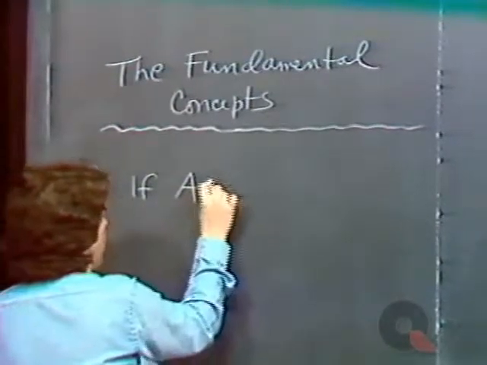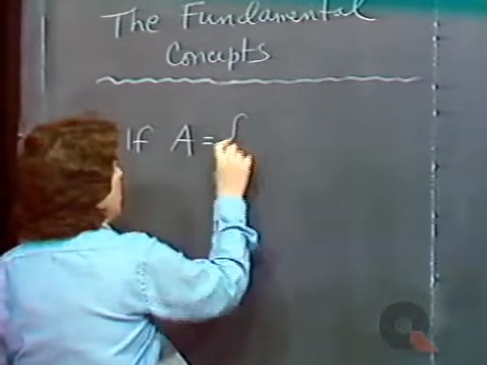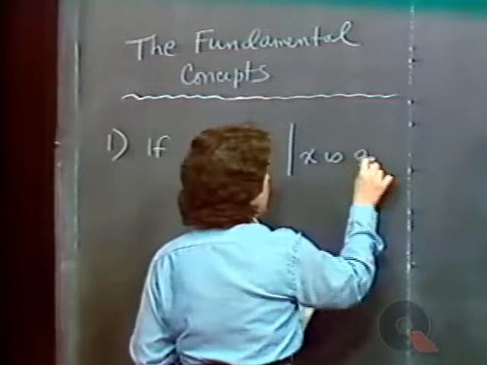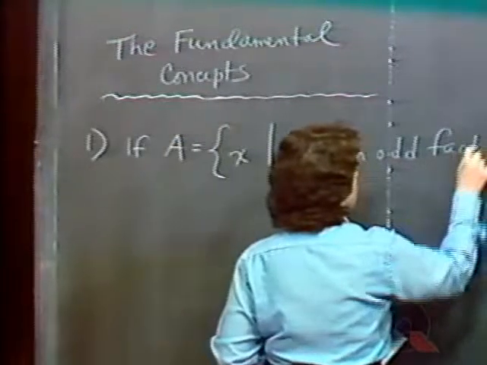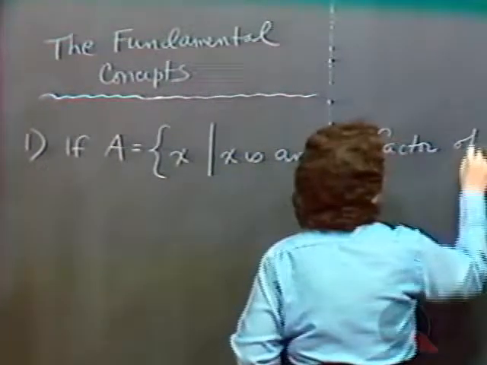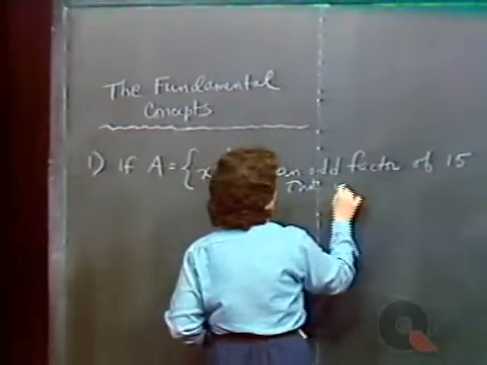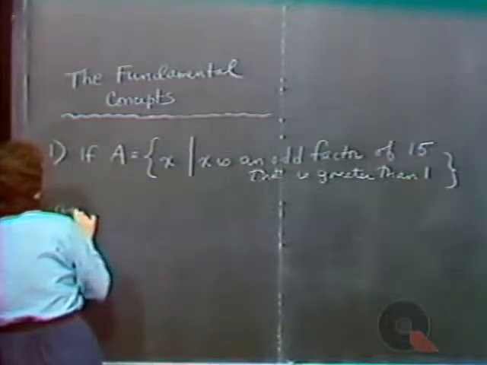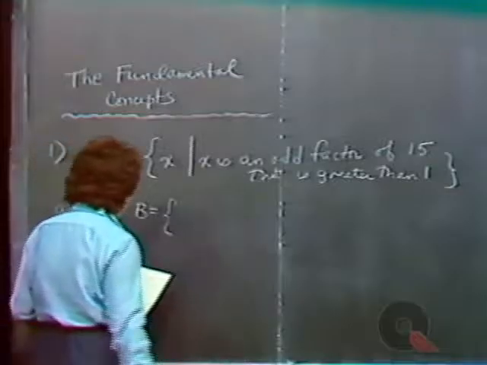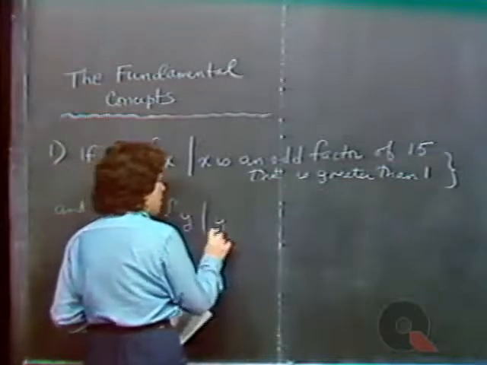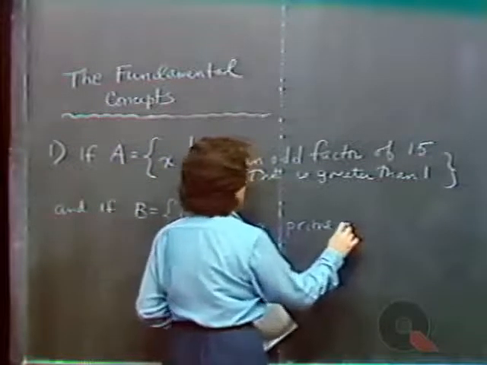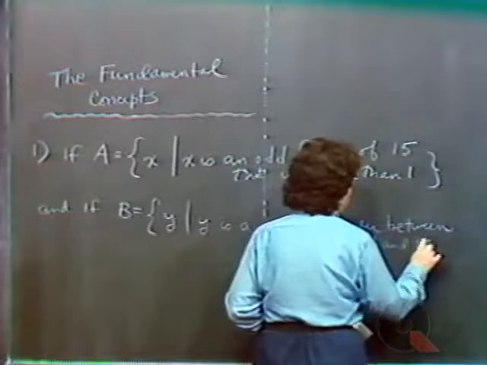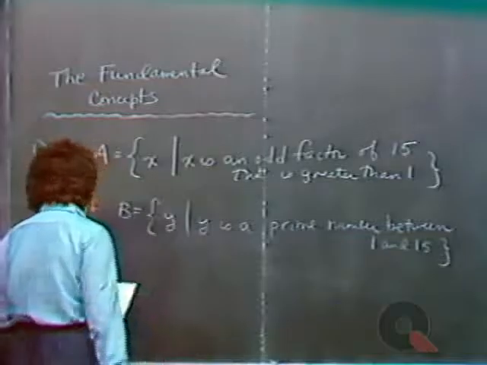If A, and we're using capital A to represent a set, is the set of all numbers x such that, this line is read "such that," x is an odd factor of 15 that is greater than 1, and if B is the set of all numbers y such that y is a prime number between 1 and 15, or greater than 1 and less than 15, strictly between 1 and 15, then I want you to